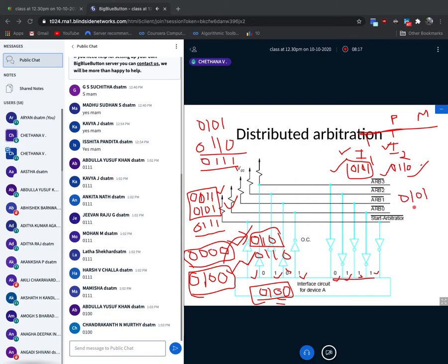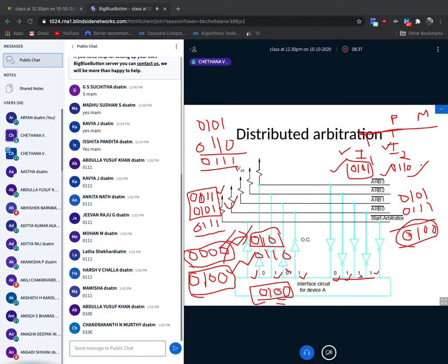0101, I'm comparing with 0111. If you want, one more time, I'll write it here and compare. 00 is here, 0 only. The 11 is also the same, but the discrepancy starts with this bit, so 00. So now 0100 is the second device result, and 0000 is my first device result.